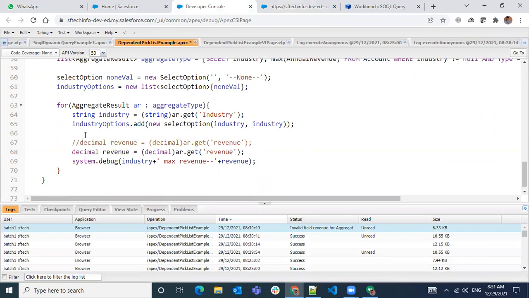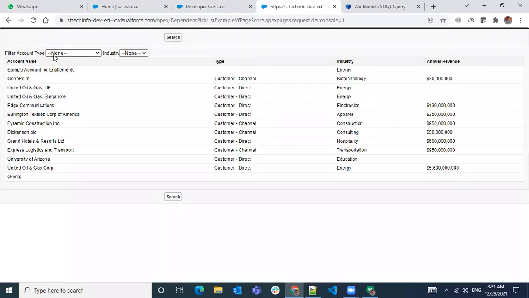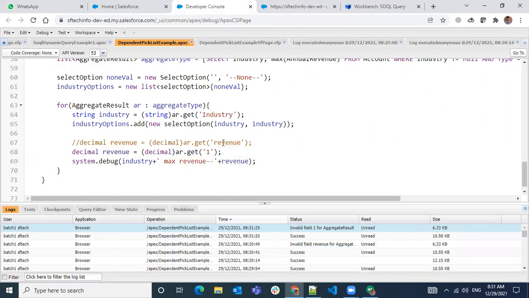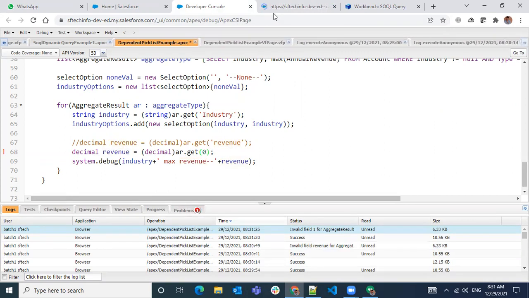We have another way of using the indexing, that starts with 0. Sorry, I was using single quotes. Index we can use directly. It's not a string, so we can